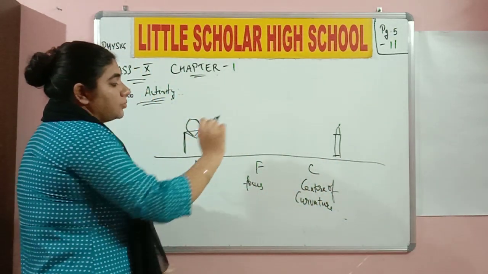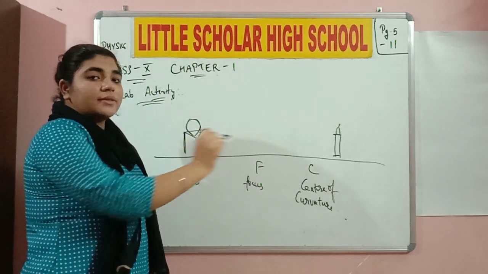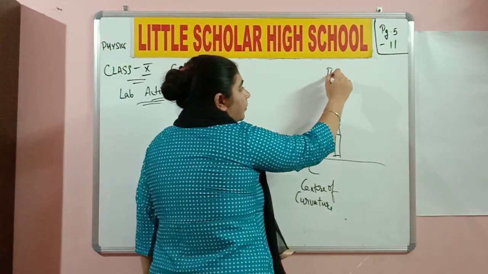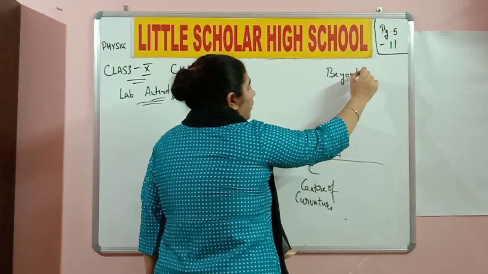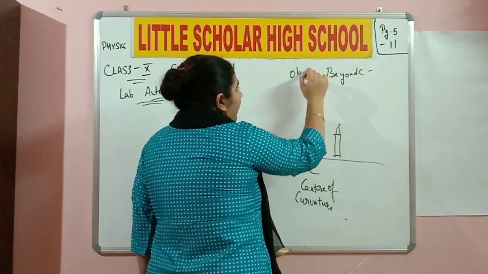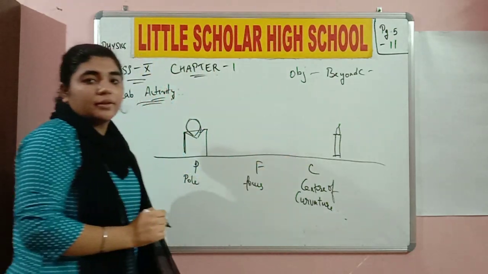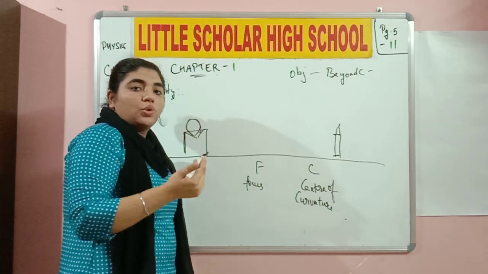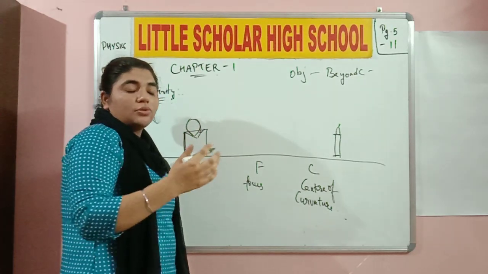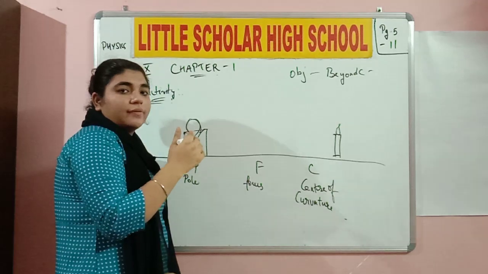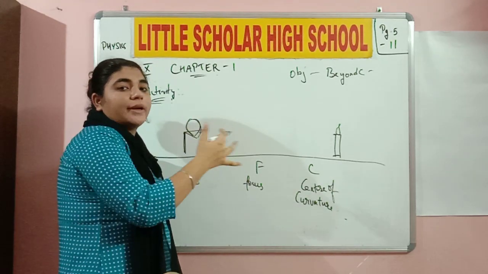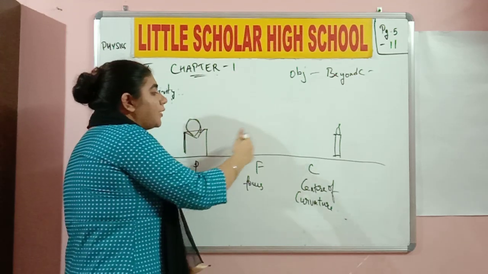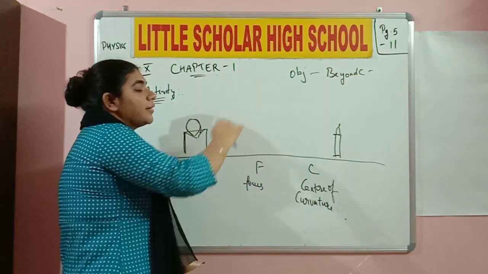Okay, I've placed the object at a certain position. What is that position called as? That position where the object is placed is said to be beyond C. Okay, the object is placed beyond C. Can you see that? Yes or no, class? So, where will I keep my screen to get the image? Okay, so we need to do some trial and error over here so that we understand where to place the screen. The screen is nothing but a white paper.